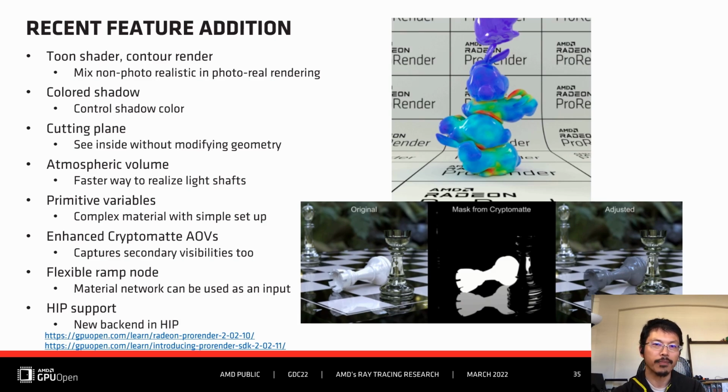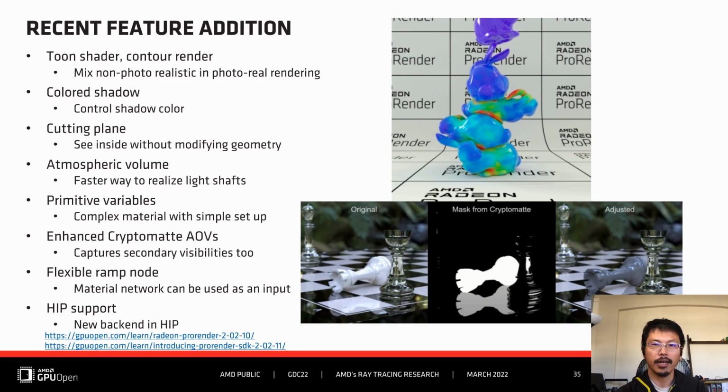Also, we have been supporting Cryptomatte in the past. However, in this round, we extended it so that it can capture secondary visibility in the Cryptomatte. One example is shown here. The left image is the rendered image. And then let's say we want to recolor the white chess pieces we see in the middle, which are visible from reflection and refraction.